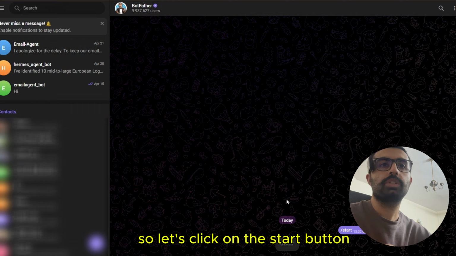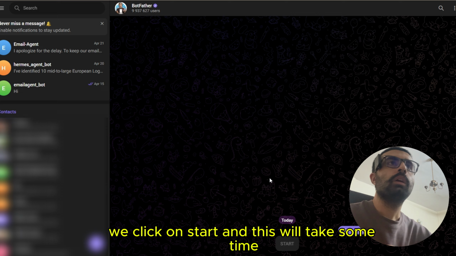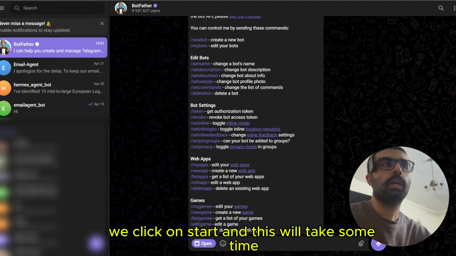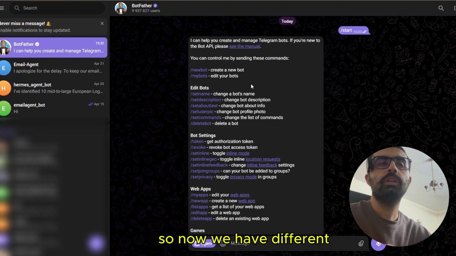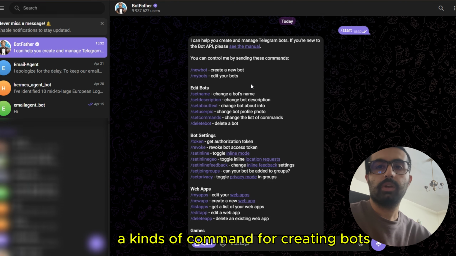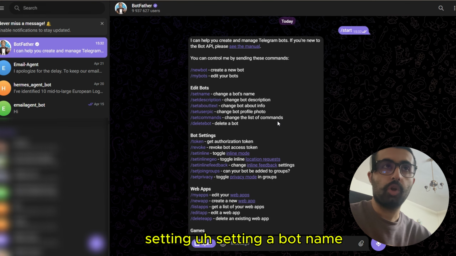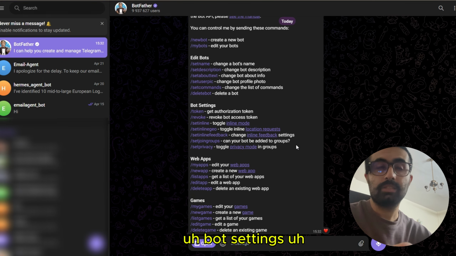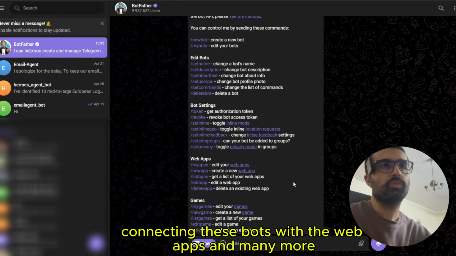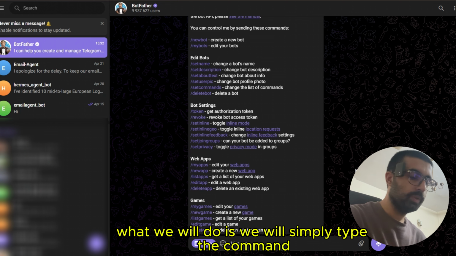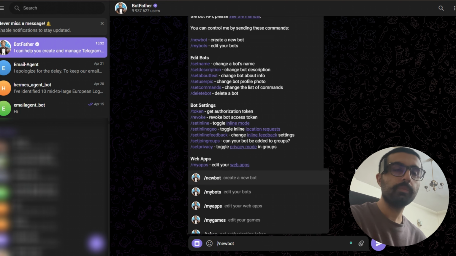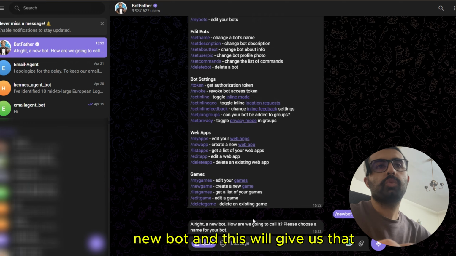So let's click on this start button. We click on start, and this will take some time depending upon your internet speed. Now we have different kinds of commands for creating a bot, setting a bot name, bot settings, connecting these bots with web apps, and many more. What we will do is simply type the command new bot, and this will ask us